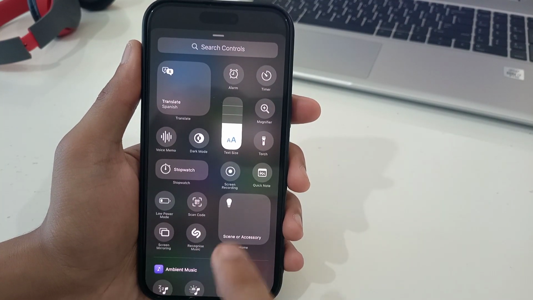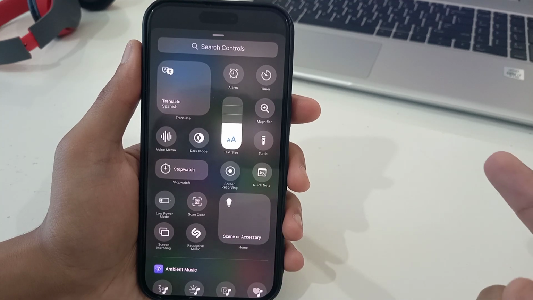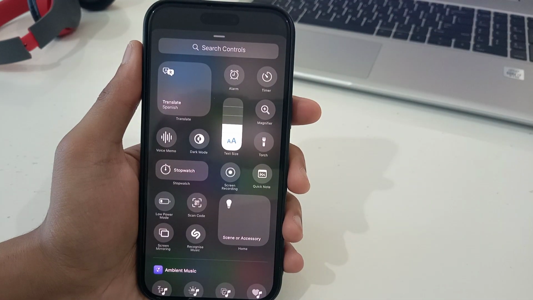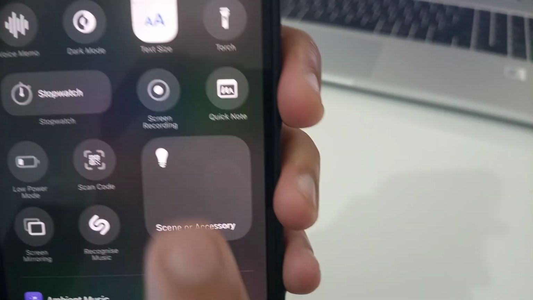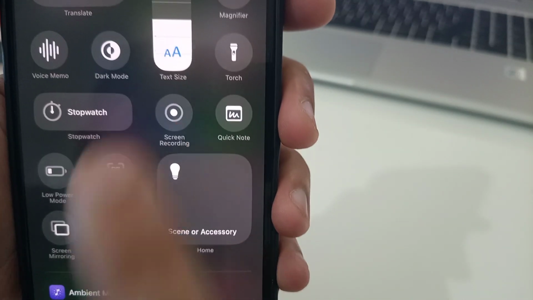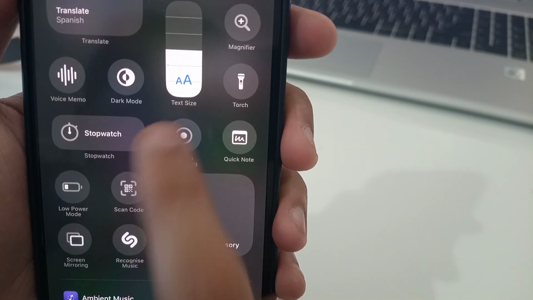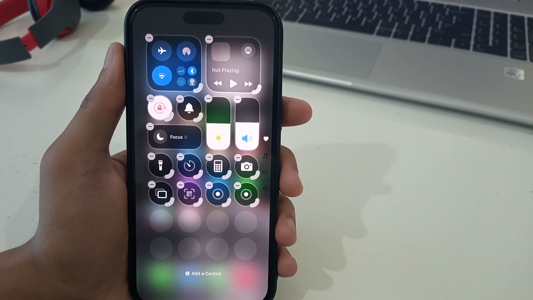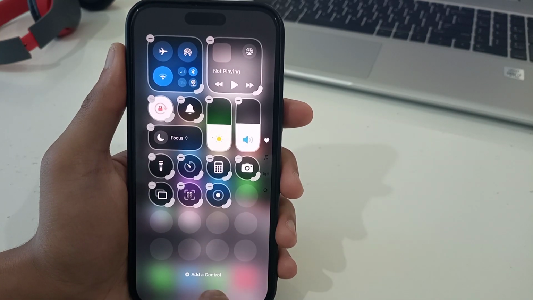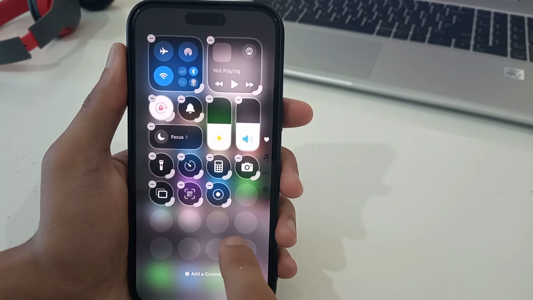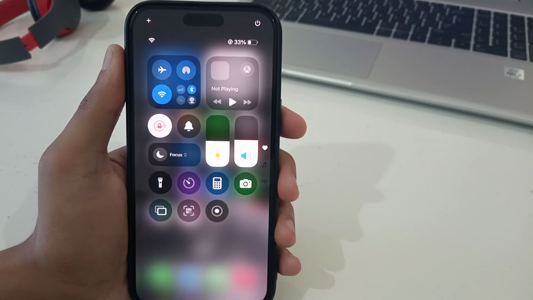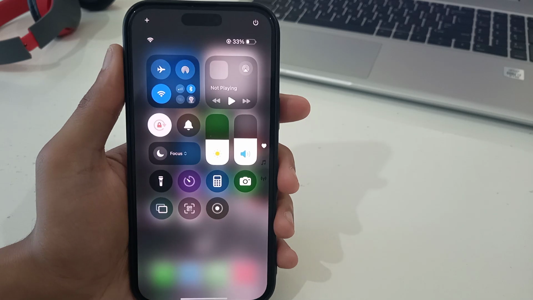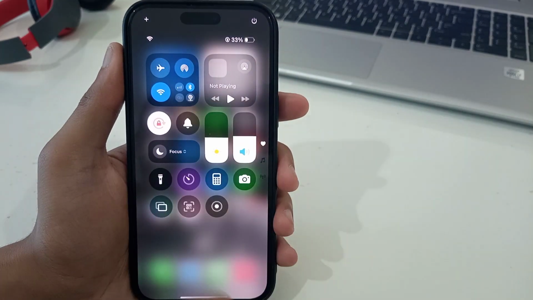These are the options that you can put into your Control Center when you swipe down. You see that Apple has given a built-in app, Screen Recording. If you tap on it, it will automatically go to your Control Center screen. As I have already done it before, I just need to keep one of it and tap on the right side. You see that if I tap on Screen Recording, my screen will give a timer